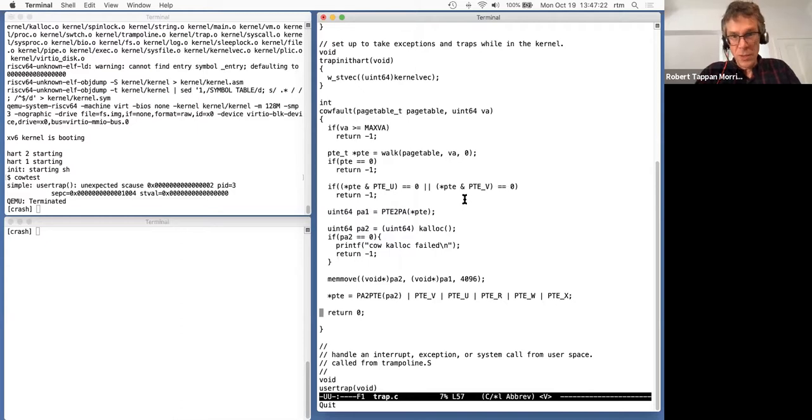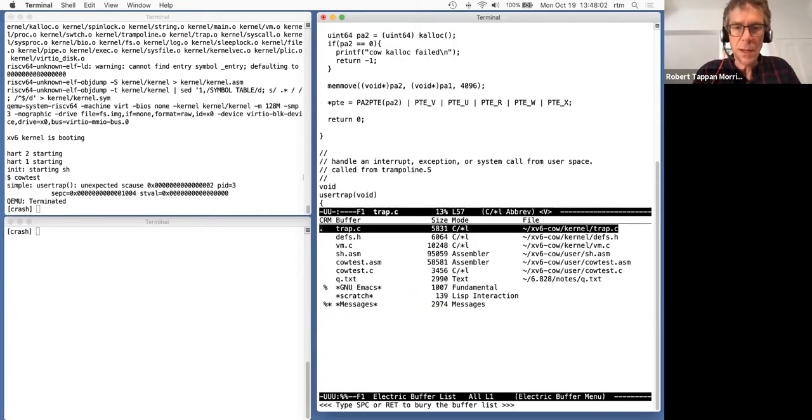So this count of how many page tables refer to a page can go up due to fork, and it can go back down when a process exits or calls exec. It clears all these references out of its page table entries, or if a process actually does a write and causes a write fault, that's also a situation in which we have one fewer page table referring to a page. So we want to keep a count of the number of page table entries that refer to a page. We're going to need to think about exactly where in the code to increment and decrement it. Okay, so